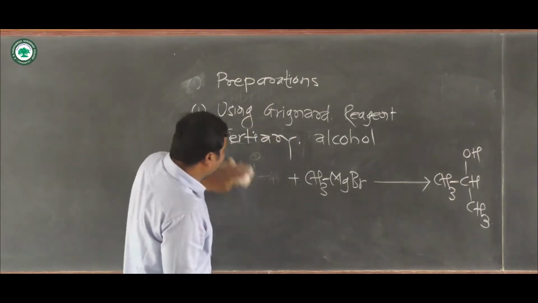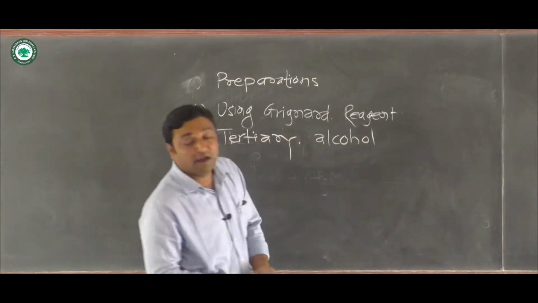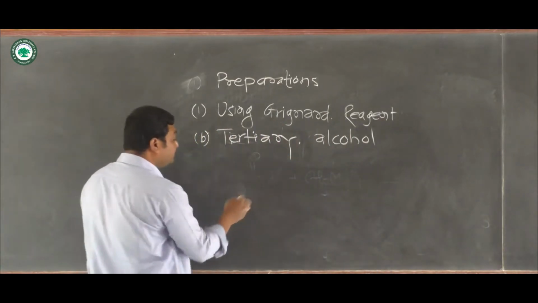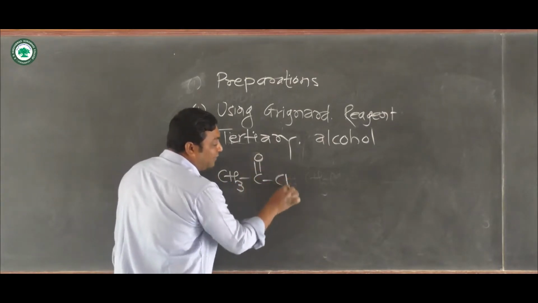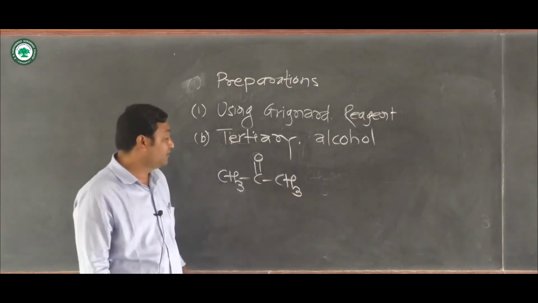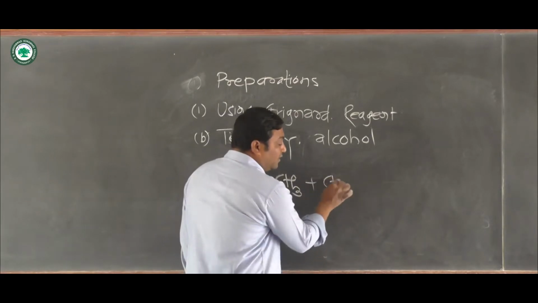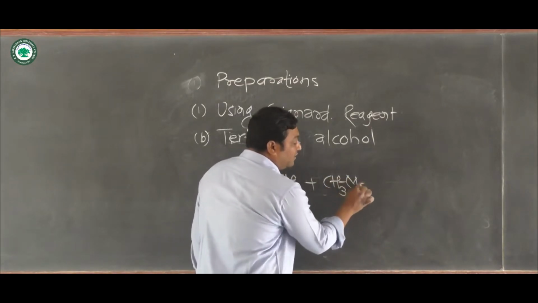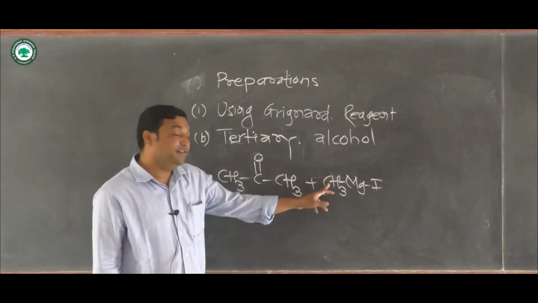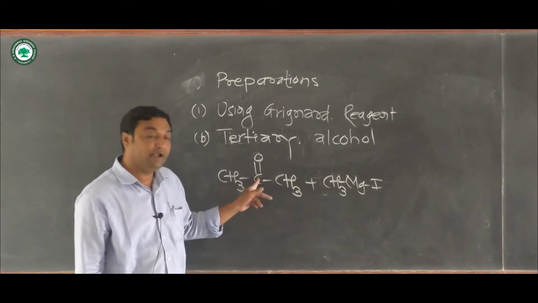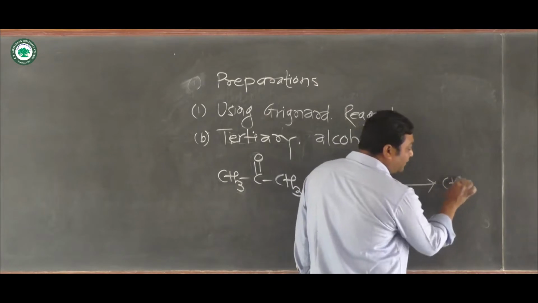For example, when this acetone molecule is treated with methyl magnesium iodide, we know that obviously this nucleophilic species will attack on this carbon atom to form this complex,